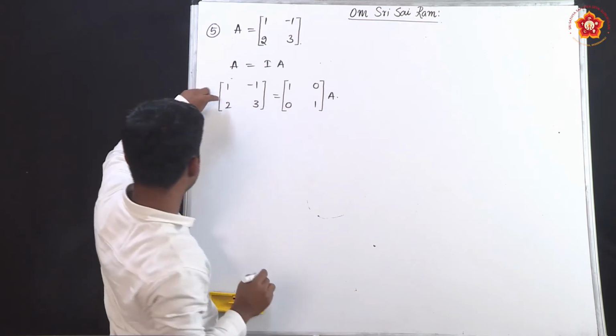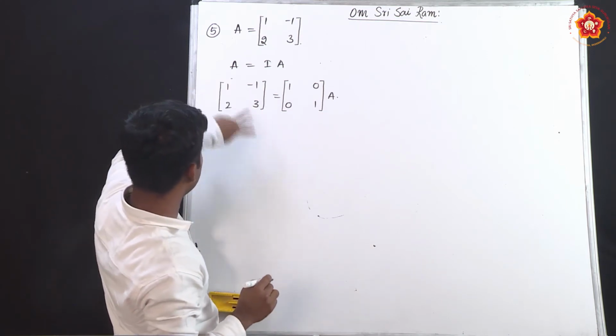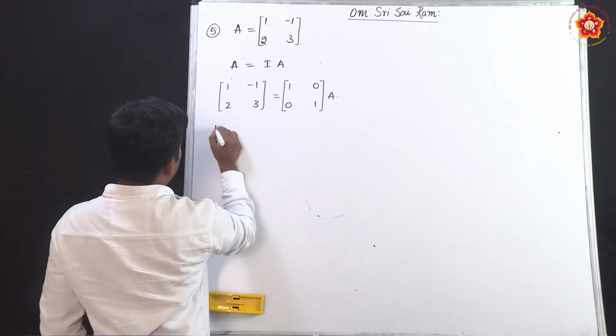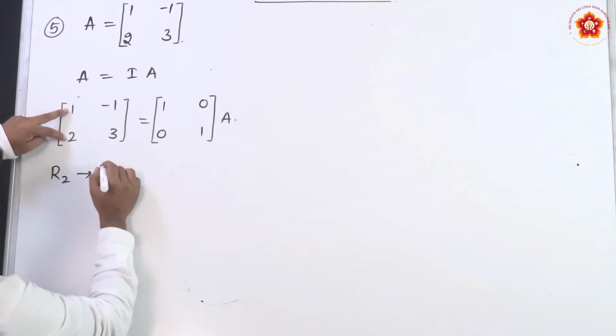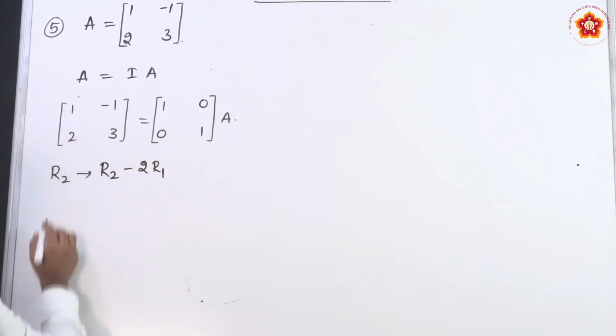So, now as usual you know that we need to make this 0 and we need to make this 0, and this diagonal element should be 1. So, now what is that? Now, I am going to apply on R2. R2 is 2 and 3. First you look at this element, here we have 2 and the corresponding element is 1. So, obviously which is R2 minus 2 times of what? R1.